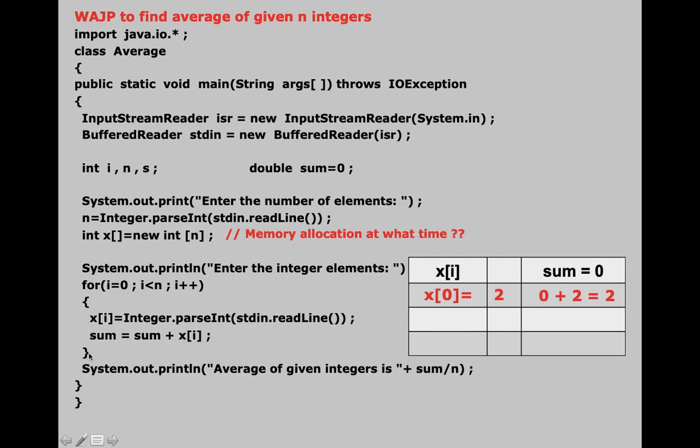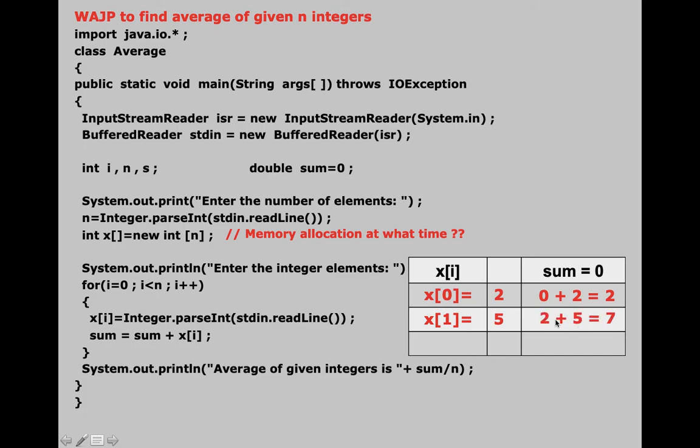Now this is the closing brace of the for loop. So from here the compiler goes back over here. I plus plus, I takes what value? 1. Is 1 less than 3? True. Again the compiler enters. Again the cursor will blink. The user will type something, let's say 5. Tell me, 5 will be assigned to whom? It will be assigned to x of 1. Sum is equal to sum plus x of I. This time you tell me what will come over here. 2 plus 5 equal to 7.